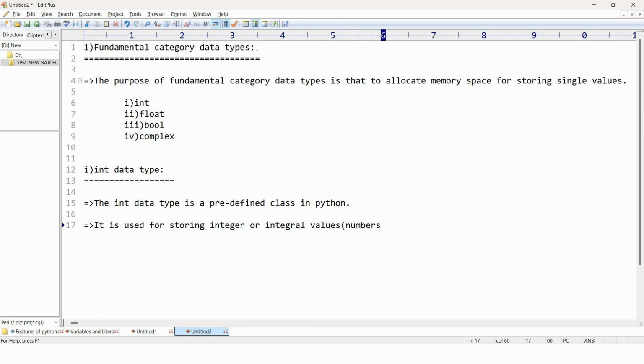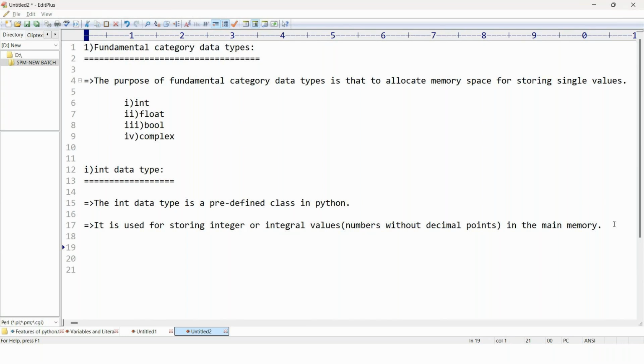Numbers without decimal points, in the main memory, right. So basically the purpose of integer data type is nothing but to store the data in the form of integer or integral values, which is nothing but numbers without decimal, right, in the main memory. That's it.